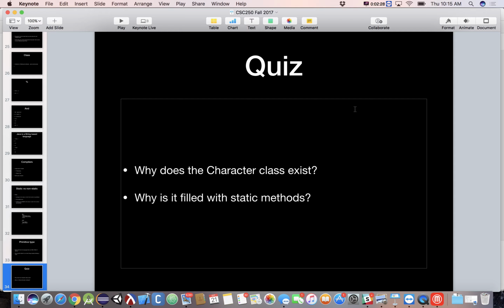All right, so if the character class had a whole bunch of instance methods in it, non-static methods, like we talked about last time, in order to access those guys, we would need instances of the character class, which means that we might create a character object to hold the char a, or another character object to hold the char question mark, that kind of stuff. But we already have containers for holding chars. It's called the char primitive type. So we don't need that talent. We don't need to create a